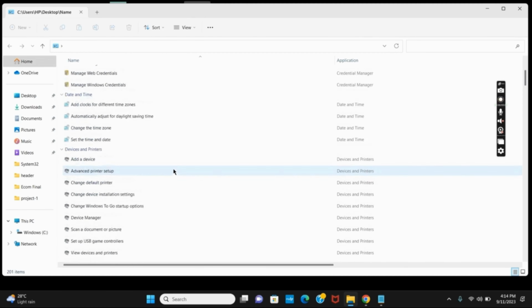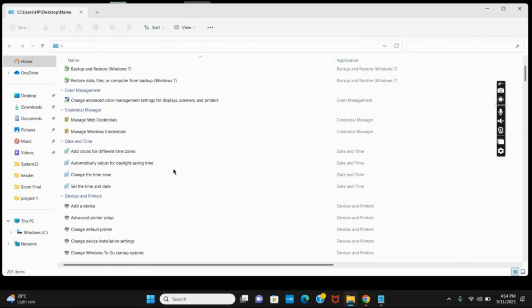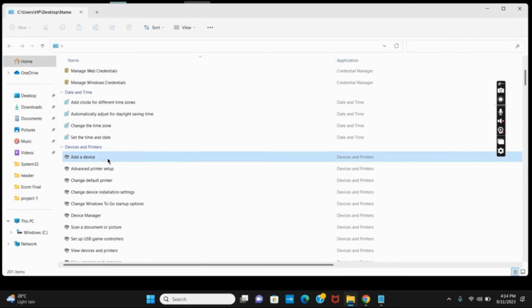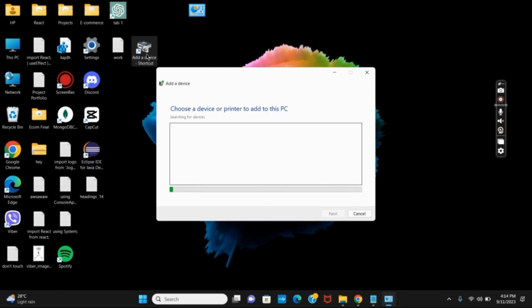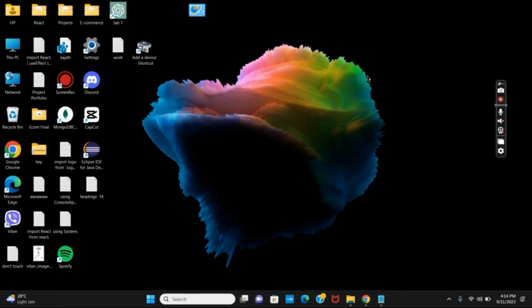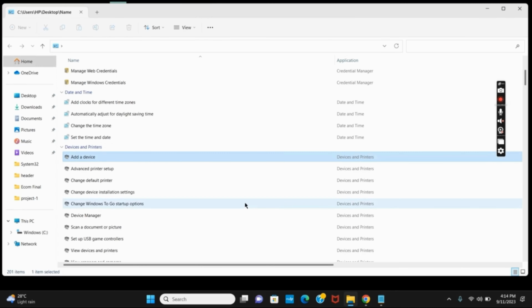If you tap on it, you will see different types of features that you can create a shortcut into. There are different options such as add a device or change audio settings. You just have to click on create a shortcut, click on yes. Now if you go back to your desktop, the shortcut has been created. You can just double tap on it and open and execute the command. This way you can do the same for other search features such as change the audio settings, connect the Bluetooth